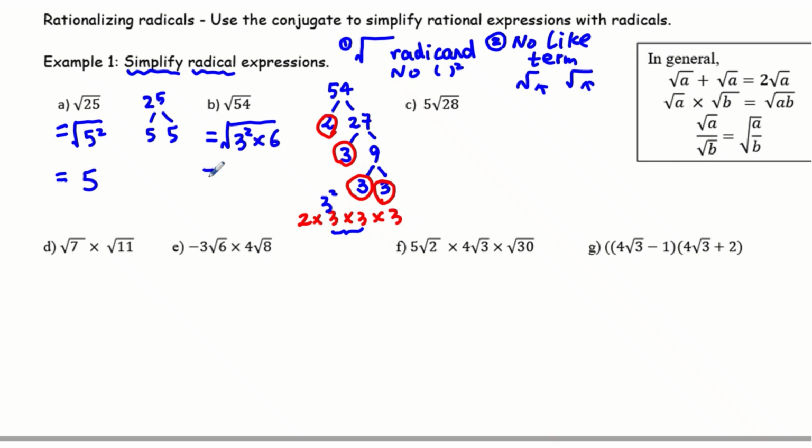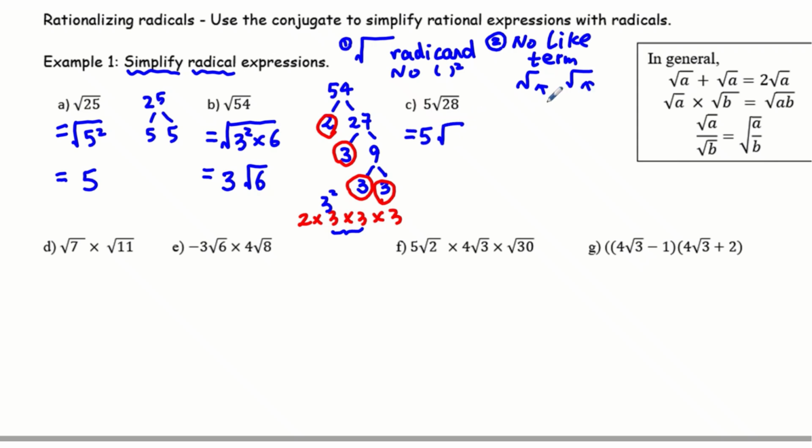Then we do the same thing: the perfect square number and the square root cancel out. We have the number left. So the square root of 3 squared gives you 3. Then 6 is left under the radical. So 3 times square root 6 is the simplified radical expression for square root 54. Then we do the same thing to 5 square root